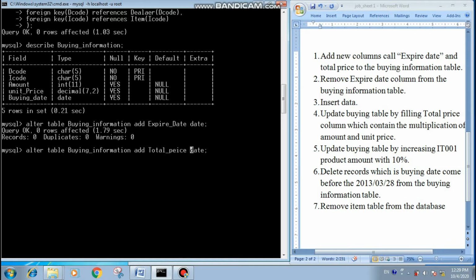Size is 10. Within 10 I put 2 decimal places. You can see here both queries are okay. That means both fields must be added to the buying information table. We can use the describe buying information command to see those changes.